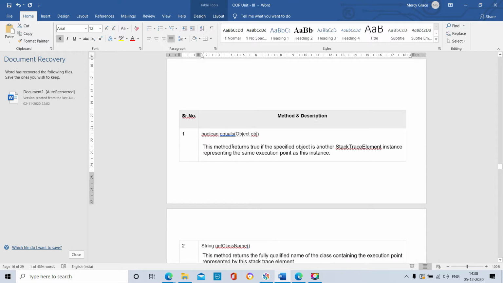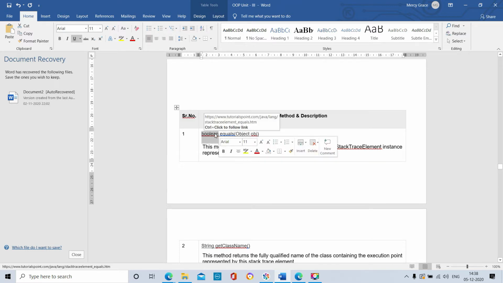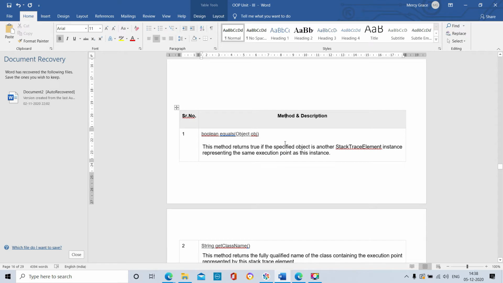The first method is boolean equals. Boolean is the data type, which supports true or false values. It checks the condition. If the condition is true, it returns true. Otherwise it returns false. The method name is equals, and we pass the parameter obj.